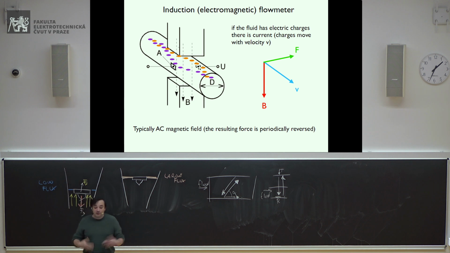If you have a fluid, for instance water from the tap, which contains ions, and this is typical, if you watch any analysis of water, even the water that you buy at the supermarket, you see that there are ions on the labels. So if you have water, or generally speaking any fluid, which contains ions, what you can do is to